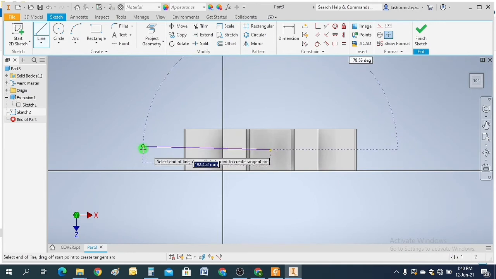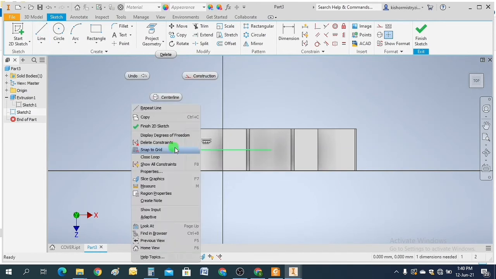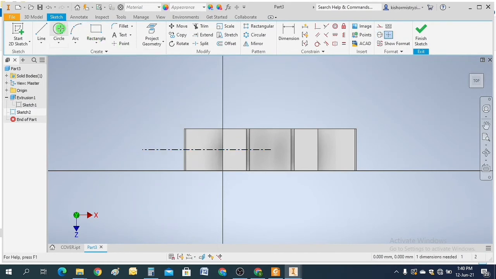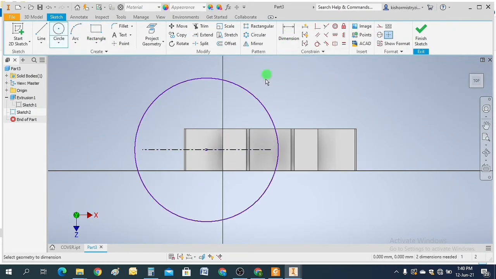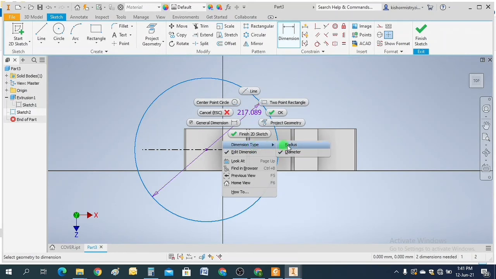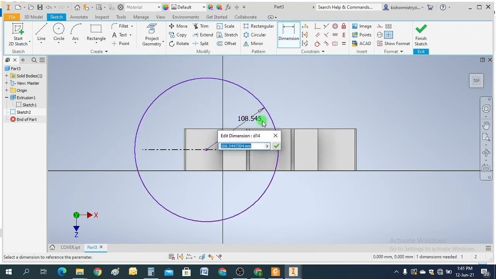Draw a line to the center, make it a center line, draw a circle which will be .72.